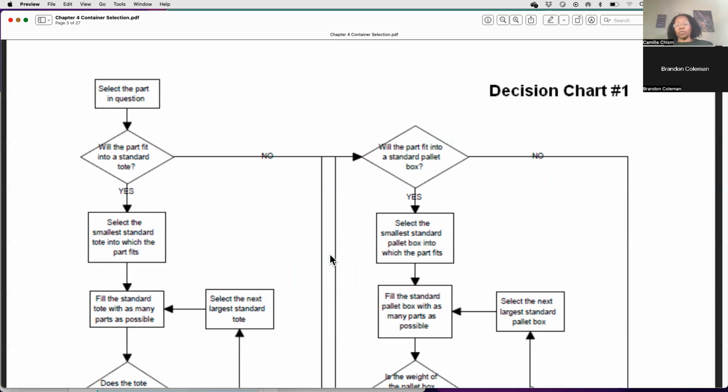So back to select the part in question. You want to make sure you have a good part, or the drawing. So again, the drawing's probably only going to have 2 dimensions on it, and you're going to have to either ask the engineer, or if you have software where you can open the drawing and measure it, you can do that as well. But you need to know what the dimensions are. It's really important that you